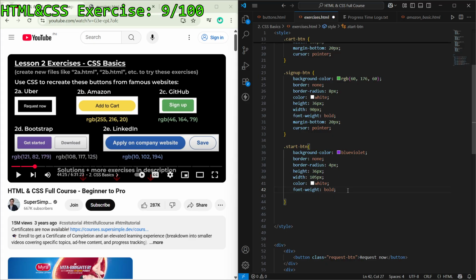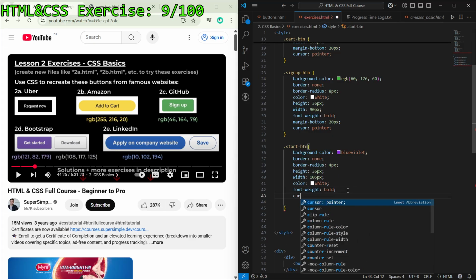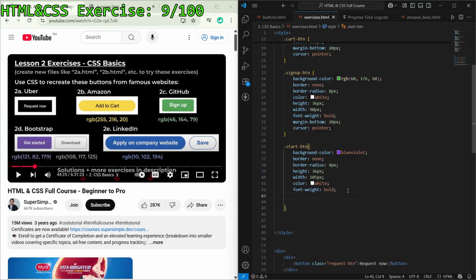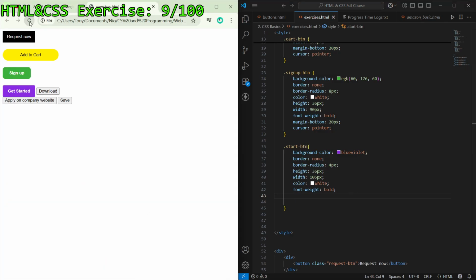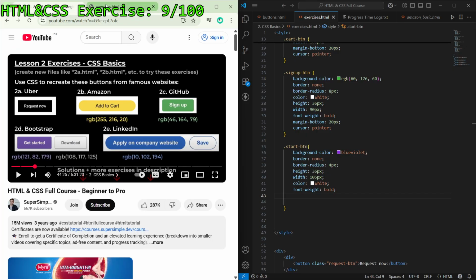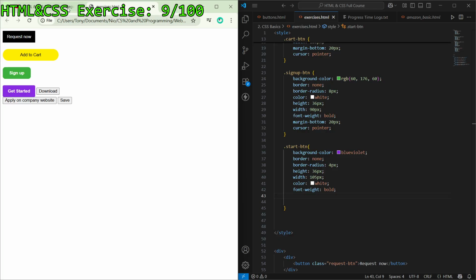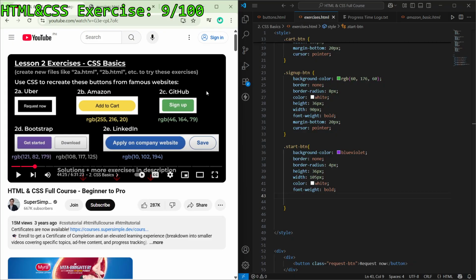What else do I need? Border none. Well, I guess cursor. Okay, wait, let me refresh. Check. Okay, it's right. It's already right, I guess. Is it? Okay. Yeah, it is. It's the right. It's pretty much good. And then all I have to do is